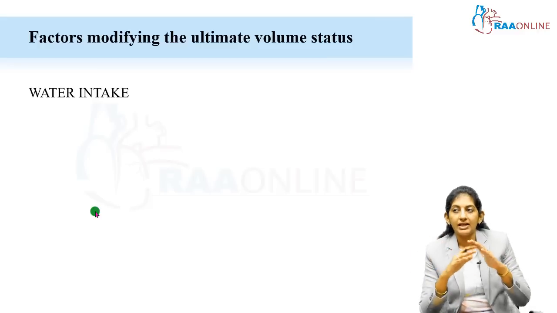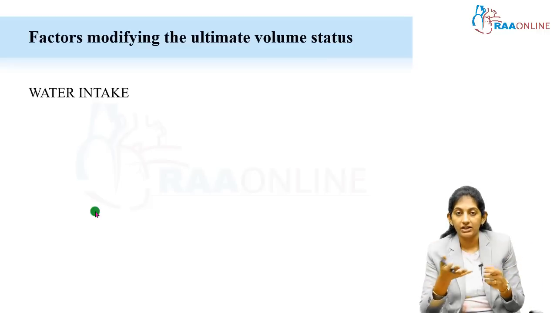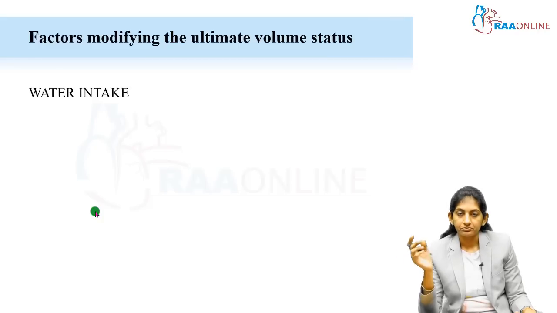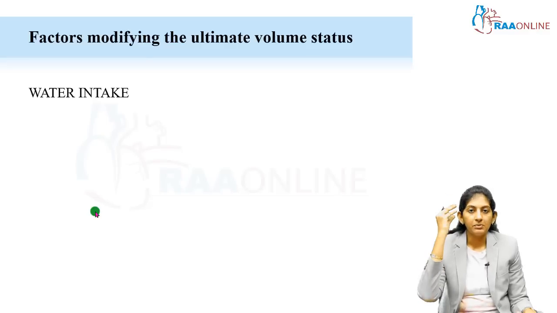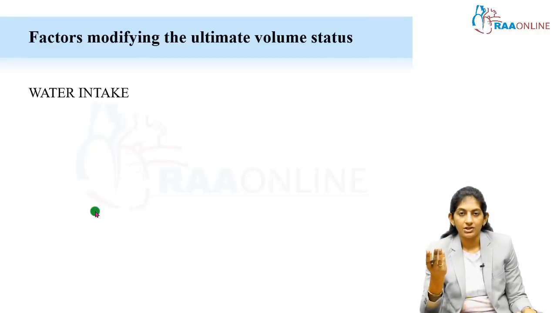One is extremes of age. In the newborns, they will not know to drink water, newborns or even infants for that matter, or in extremes of age like very, very old age. Or when there is primary adipsia, thirst mechanism is not intact, and any tumors like sellar tumors or suprasellar tumors, or in hypothalamic dysfunction, all these will be the causes where the thirst mechanism will not be functioning properly.